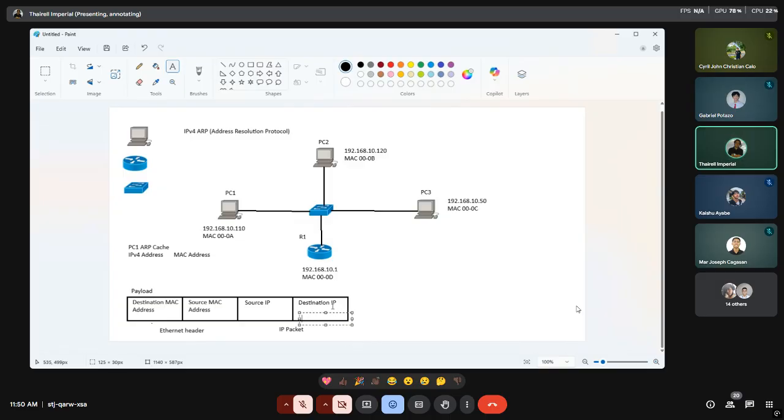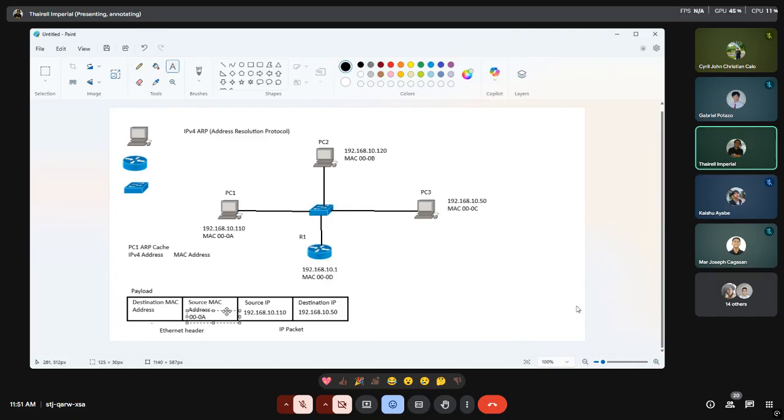That would be 192.168.10.50, communicating to PC number 3. And our source IP, coming from PC number 1, is 192.168.10.110. And our source MAC address is supposedly 00-08.